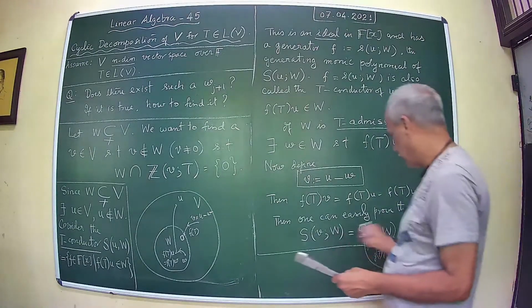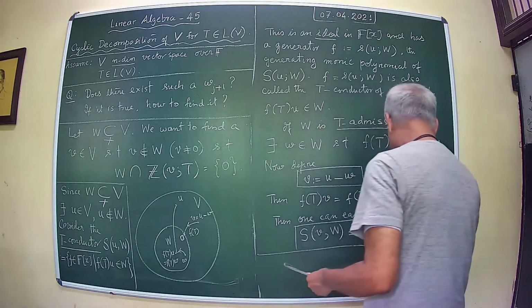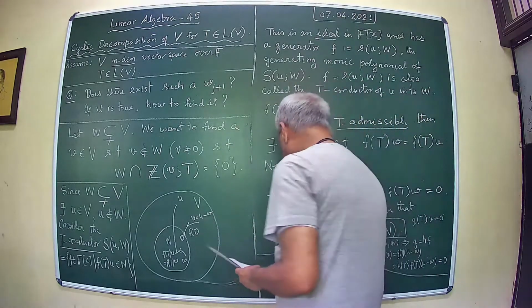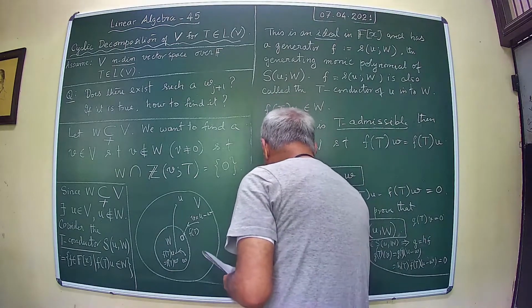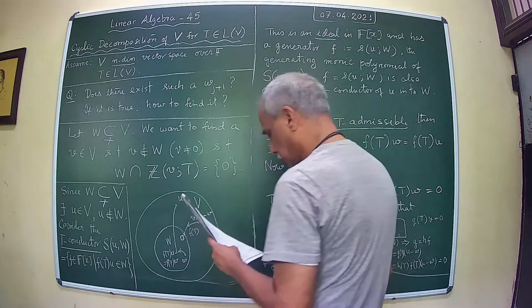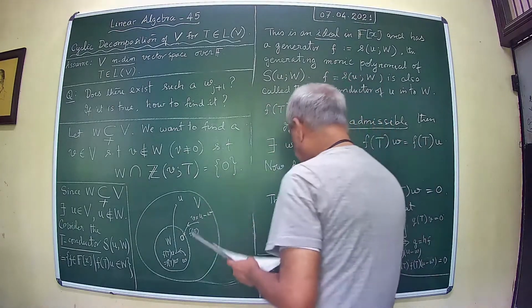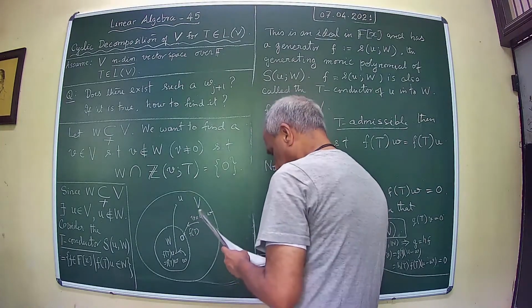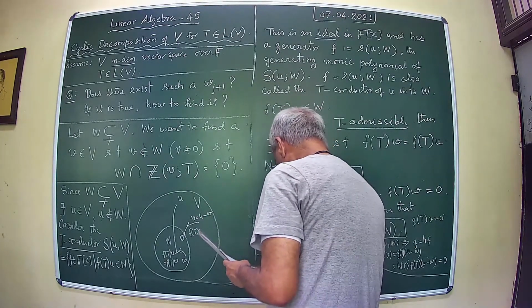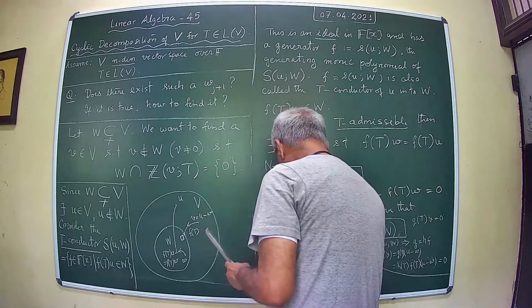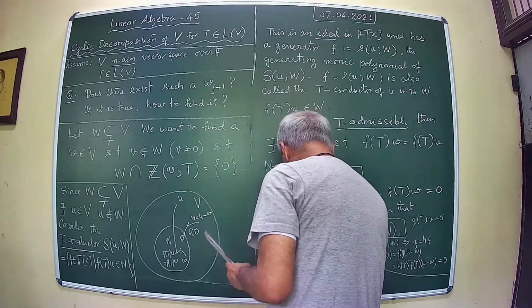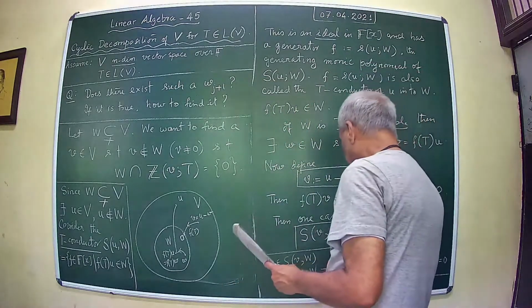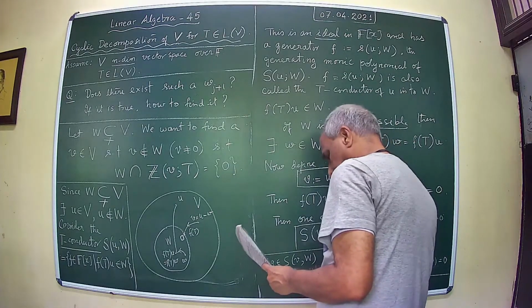So once you prove that, once you identify this, you have for every G belonging to S, it belongs to W, which is defined only GT of